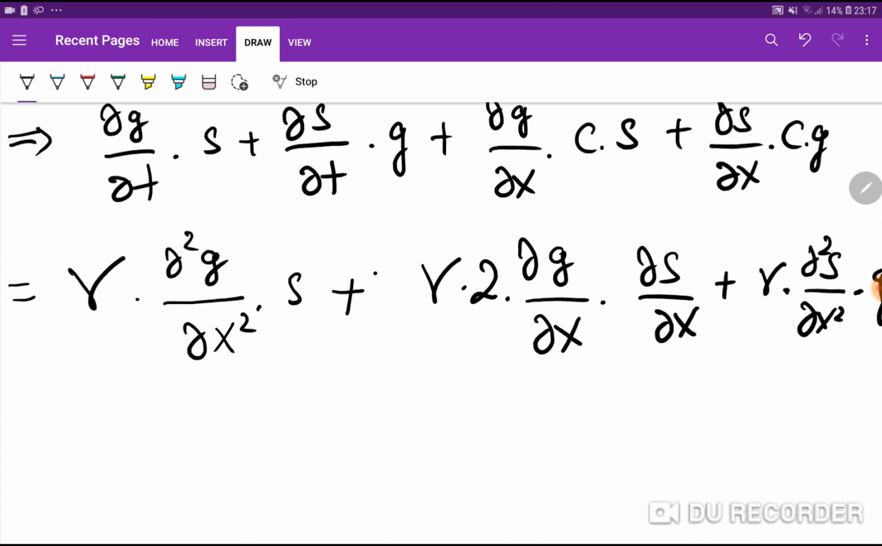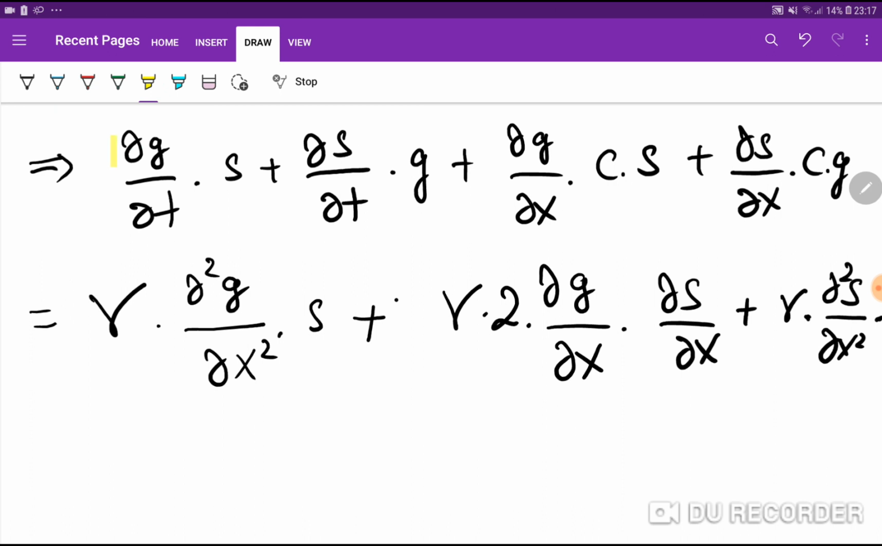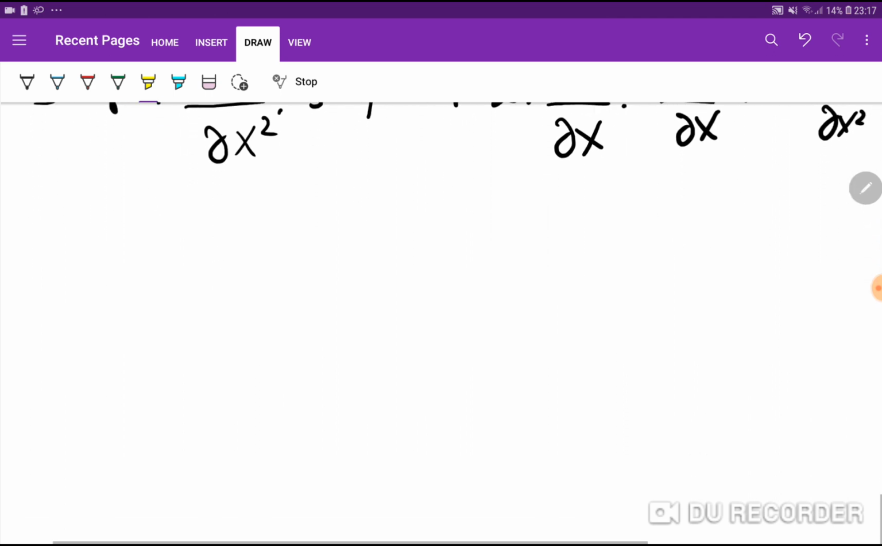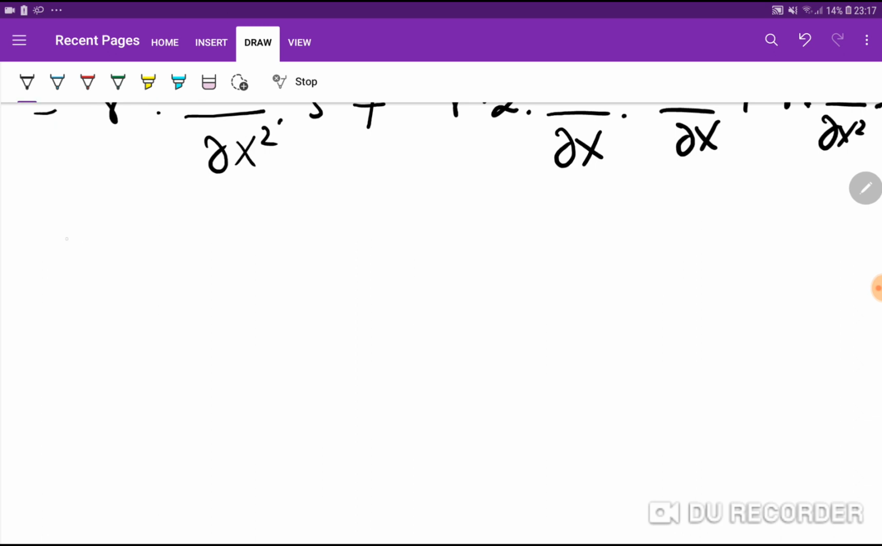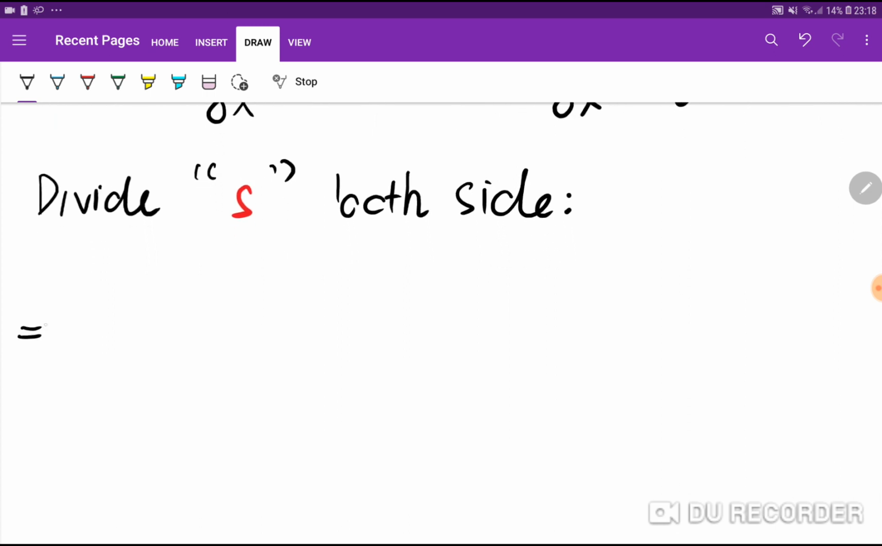To clean up this mess, first of all, I would try to make the partial g with respect to partial t term appear. In order for that to happen, I'm going to divide both sides by s. Okay, divide s both sides. What do we get? We get partial g with respect to t,